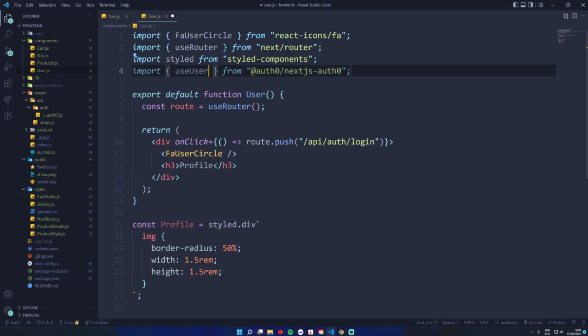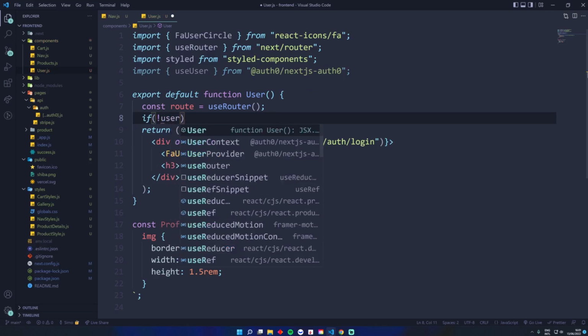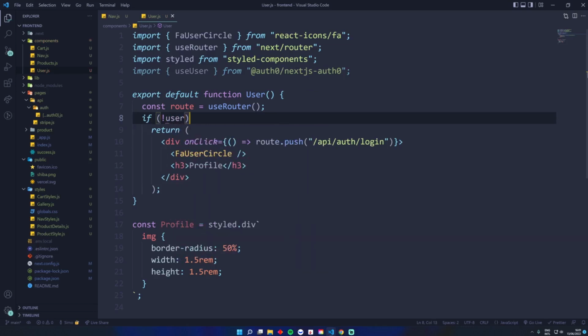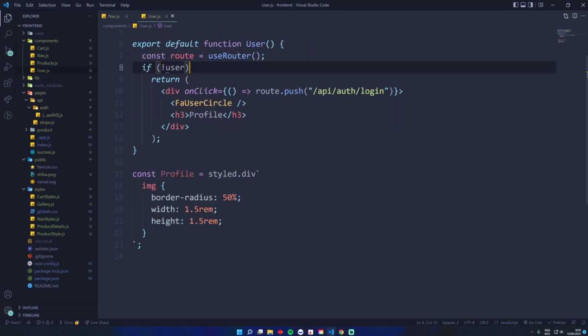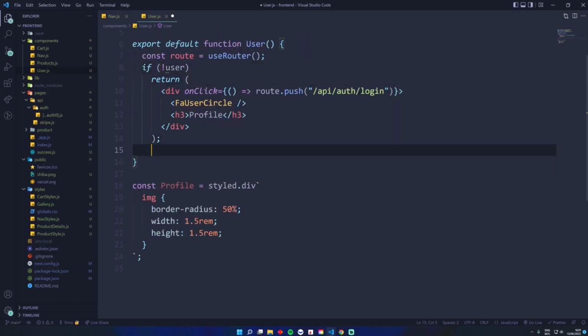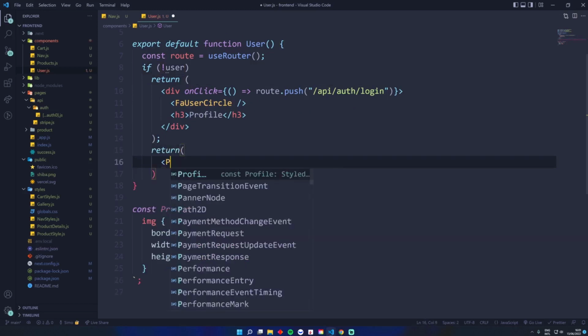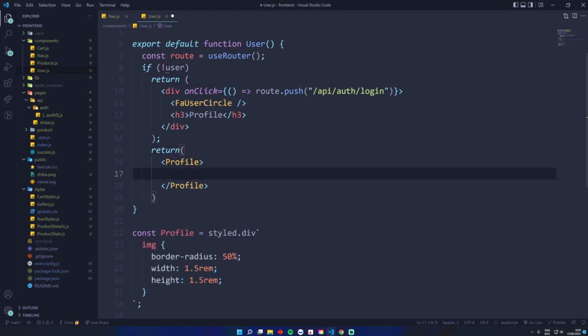We can say here, if there is no user, then display them this. Otherwise, return the user logged in with the profile that has an image